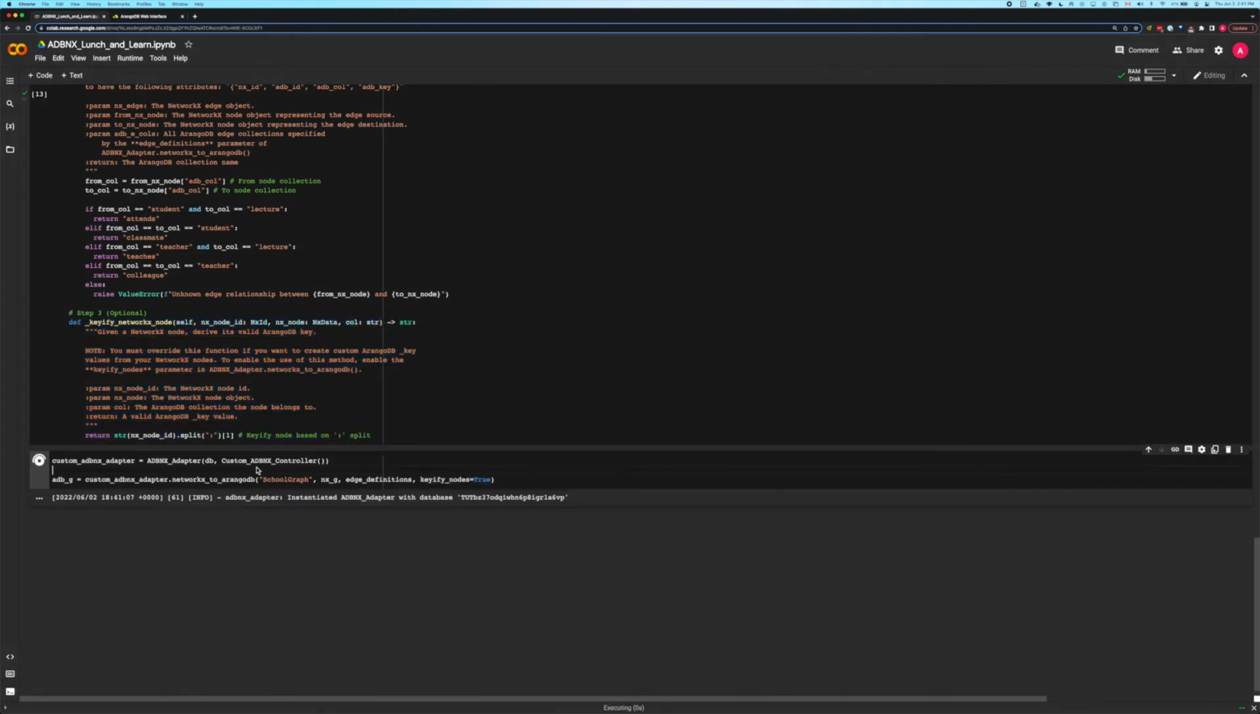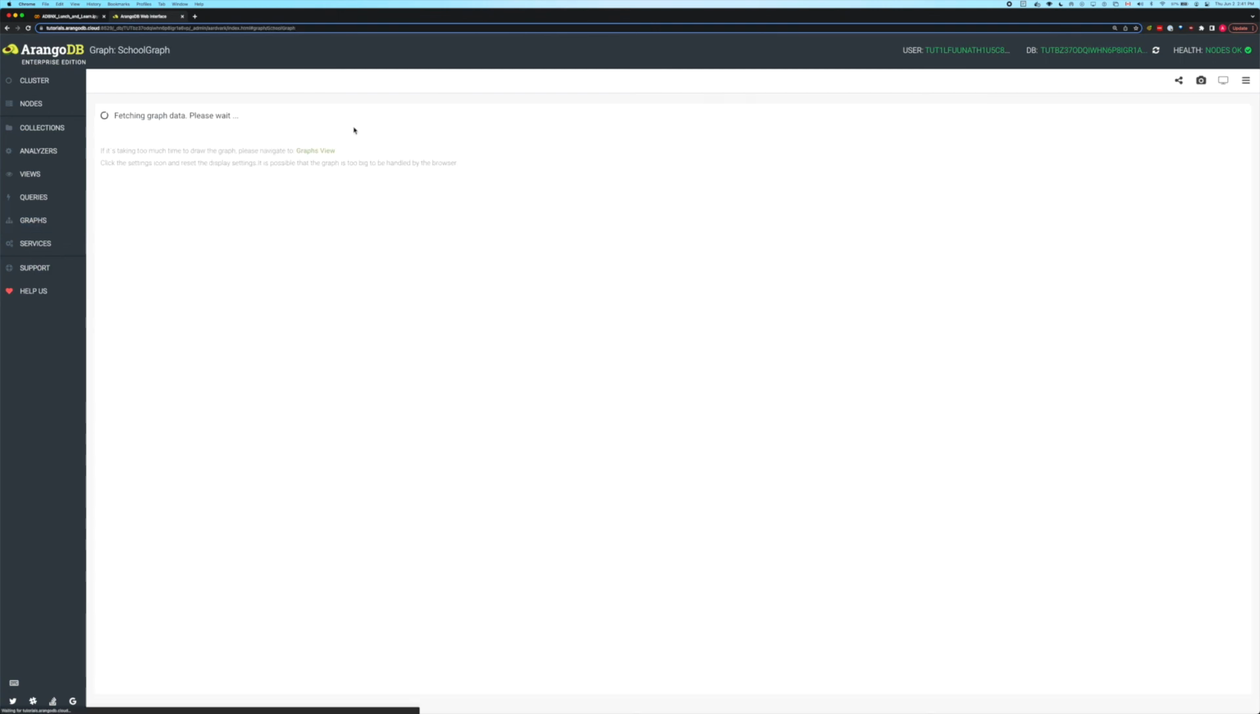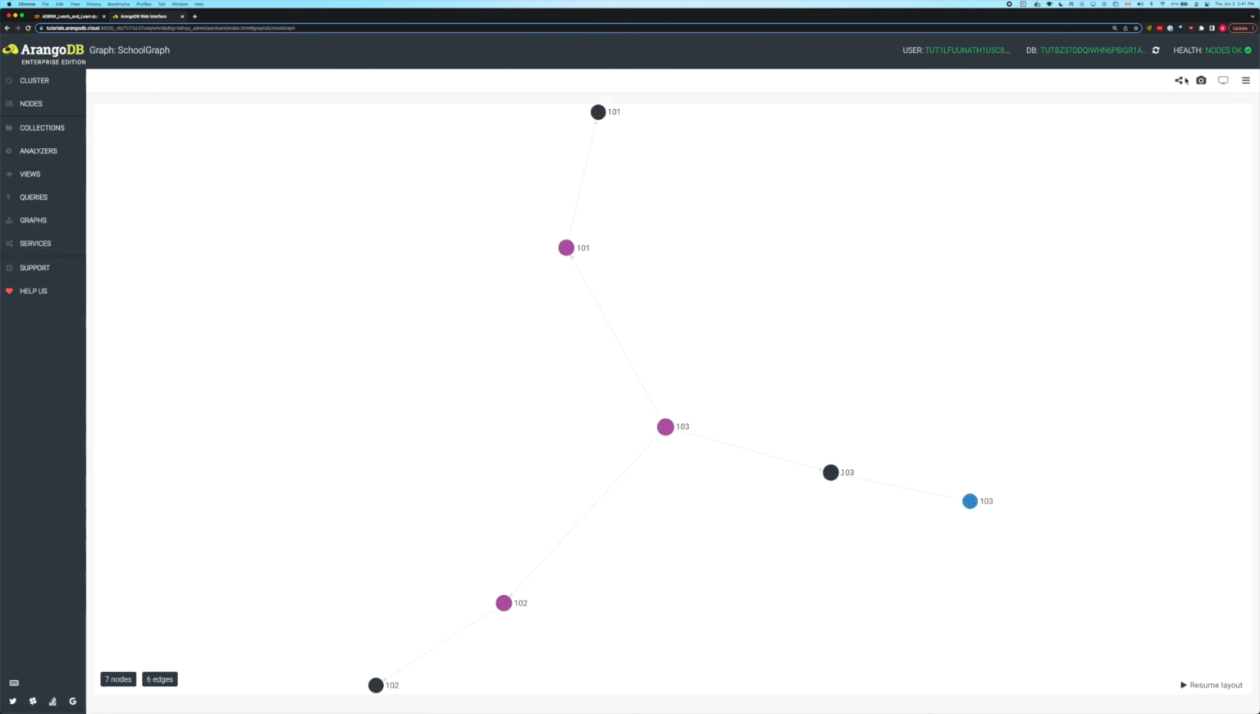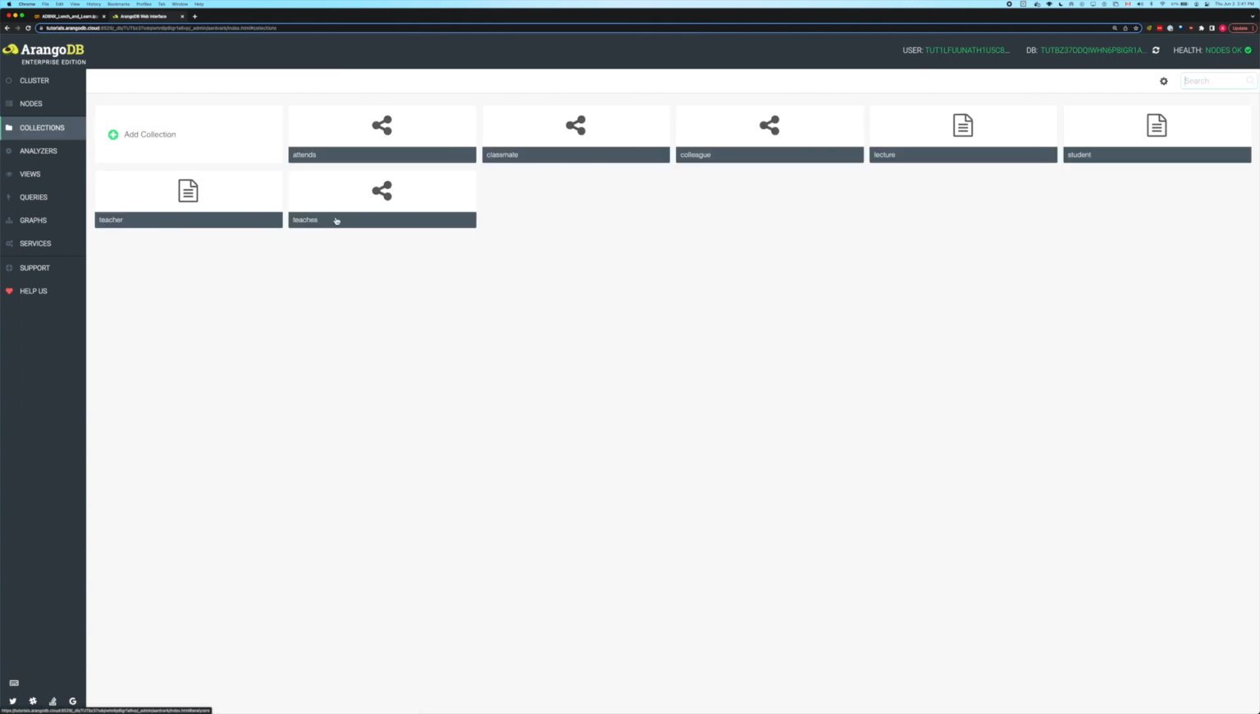Let's run the snippet. Here we can see that our adapter has successfully created the school graph. So if we head over to the web interface, we can indeed see that once we load the full graph, our set of teachers, lecturers, as well as students are properly imported into the correct collections. We can see now that we have the following 4 edge collections, so attends, classmate, colleague, and teaches, along with